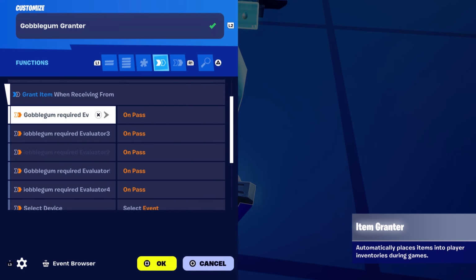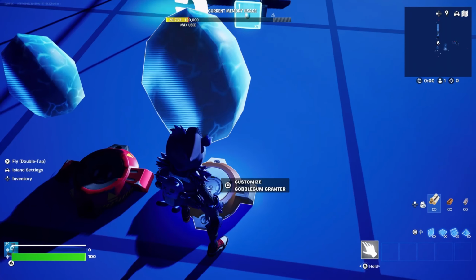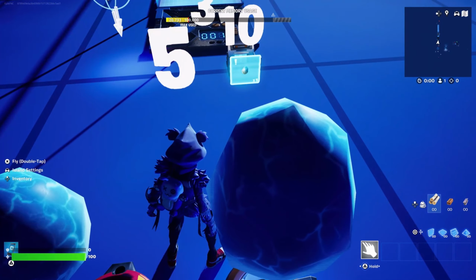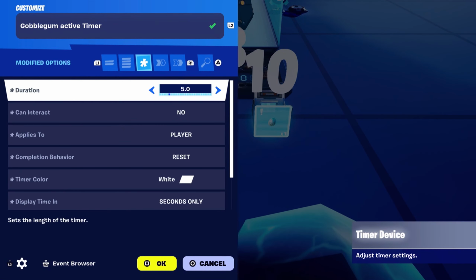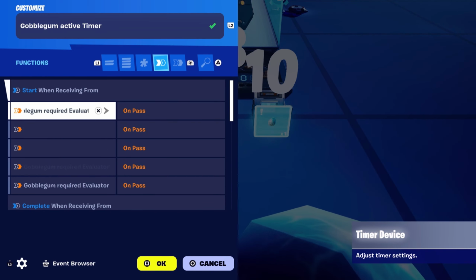Alright, so now we fixed that. It should be gobblegum required evaluator 1 through 4 on pass when grants item or receiving from. So my bad on that one. Alright, and for the timers and the conditional button, start when receiving from gobblegum required evaluator 1 through 4 on